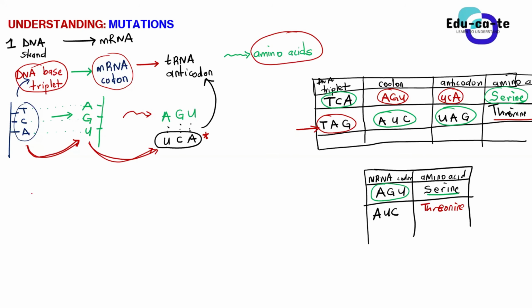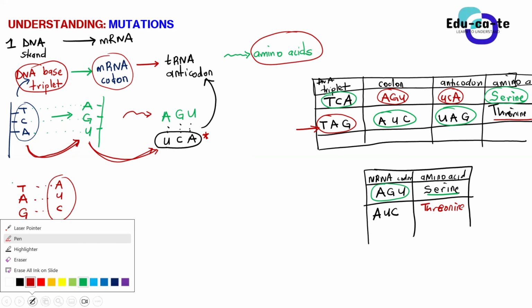Because once DNA gives a command and says that I've got the nitrogenous bases TAG, obviously the codon that's going to be created on the mRNA is going to be AUC. Do you see that? This is the codon that's going to be created. So do you see that this AUC was actually created by this TAG from the DNA base triplet? So that's why they say DNA contains the code for protein synthesis, because everything starts here at the DNA strand.